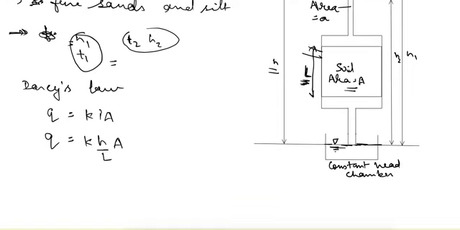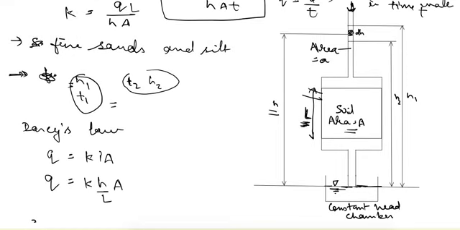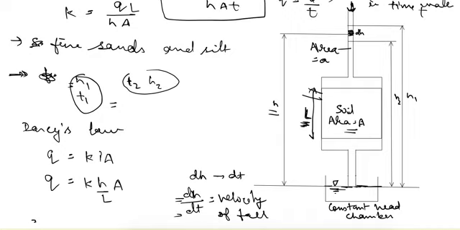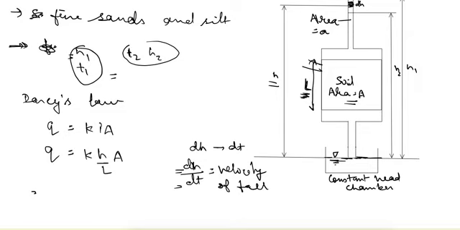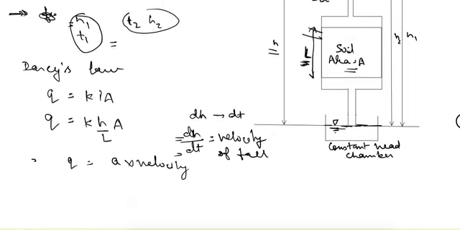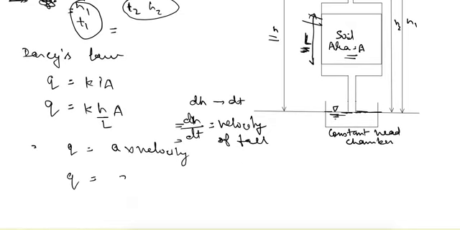And one more way by which we can write Q, let's say for a small drop in head, so let's say dh is the small drop in head, so for dh drop it takes dt time, so dh by dt will be the velocity of fall, because dh is the length and length by time is the velocity. So discharge we know is the area times velocity. So from here we can write Q is equal to area, small a is the area of standpipe, and